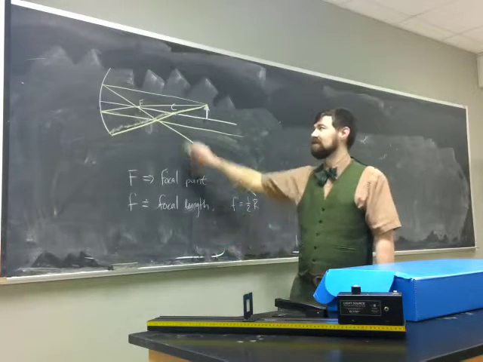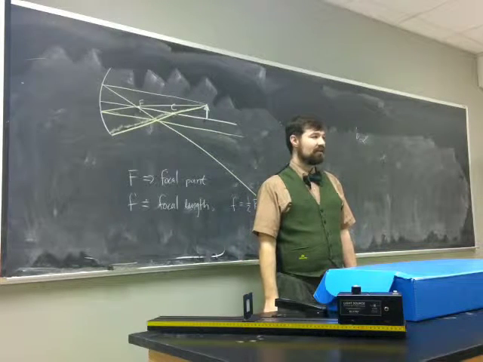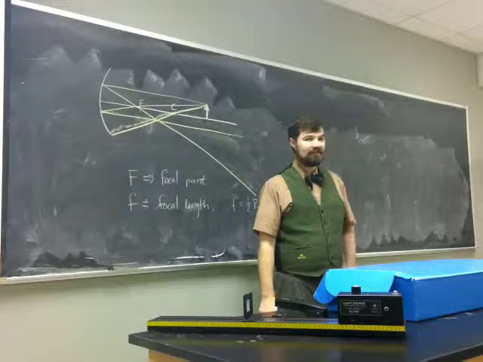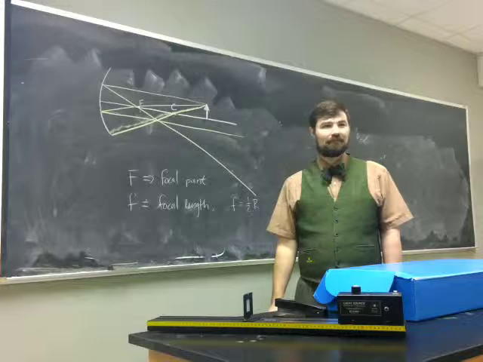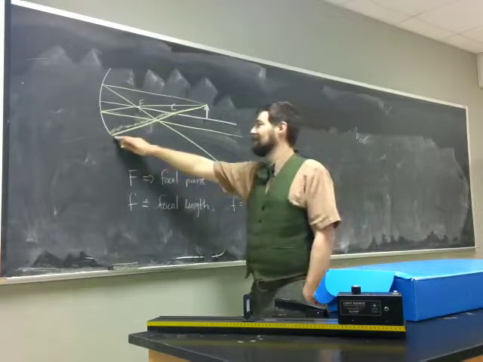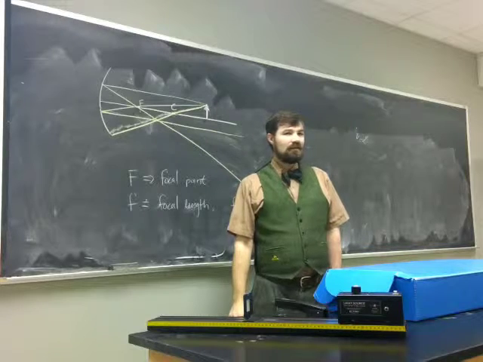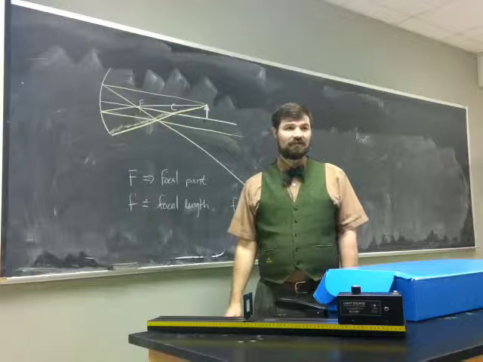So I just drew it so it passes through the center of the circle. That means that it is a radial ray. So how will that one reflect, based on the rules that we had earlier? It has to reflect back along the path that it passed through initially. And we've actually drawn enough rays at this point to figure out where the image is, but if we wanted